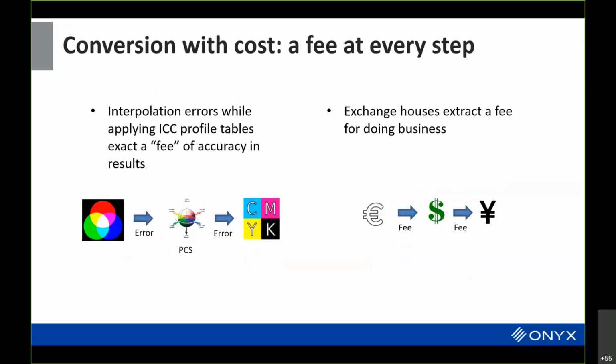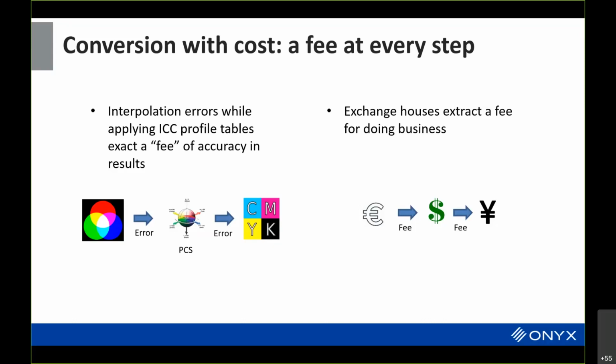That transactional fee is how the person making the exchange makes money, and there's a fee every time you make an exchange. The whole idea with making transforms in color management is that there's a fee, but the fee is not a monetary cost. The fee is really a result of accuracy or error in the conversion. And the more times you make those conversions, the greater the error.